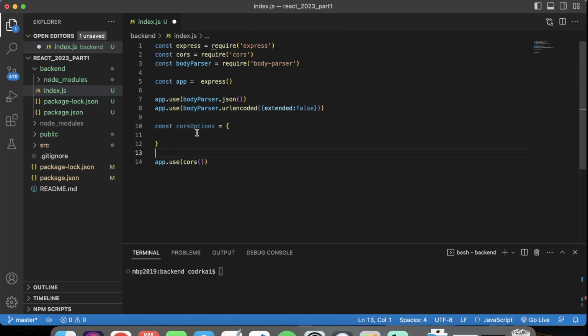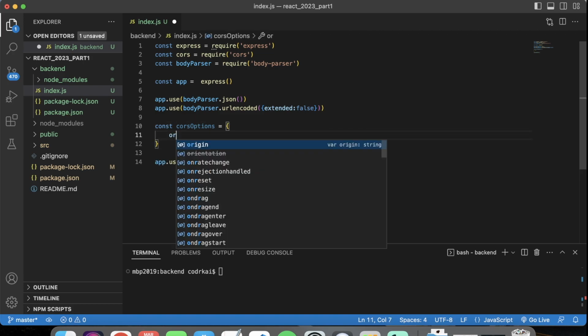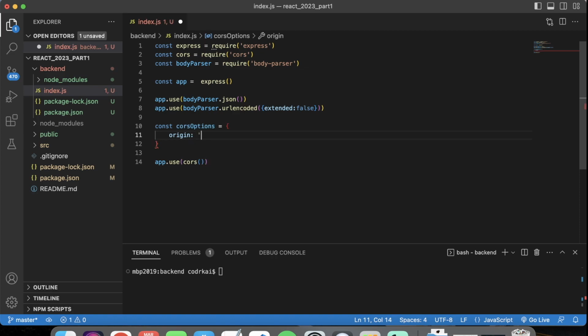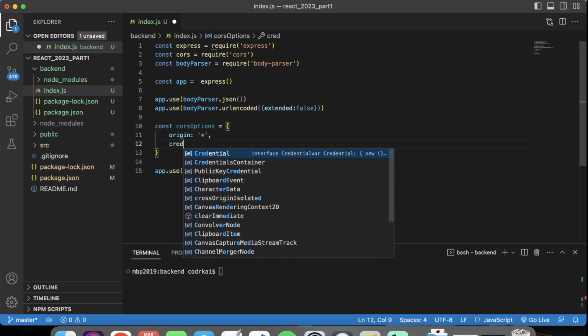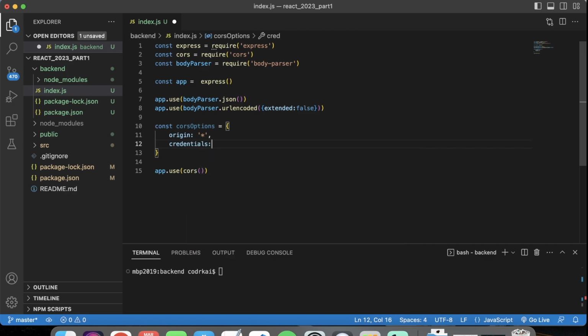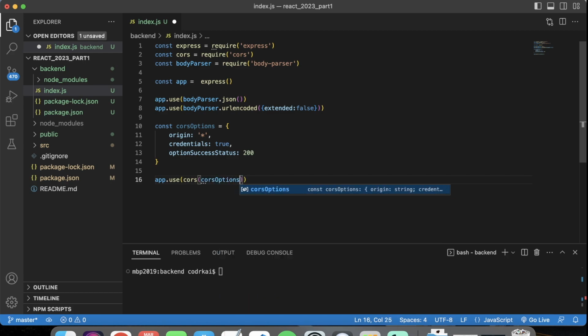And let's give our CORS options. We need the origin. Once again, this is basic. You can find it if you look up CORS, what to add in for the options. Credentials is true, and optionsSuccessStatus 200. So when it becomes success, it's going to return a 200 status for us. So these are the options we can add in here. corsOptions. You can actually just put all this directly in here, but this makes it